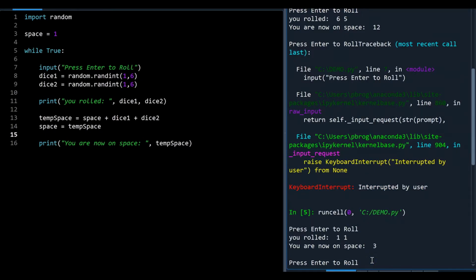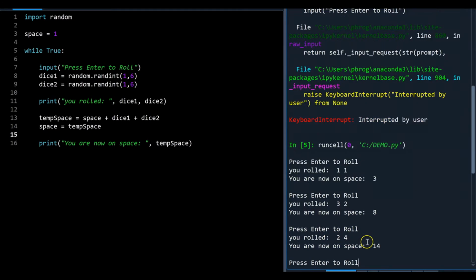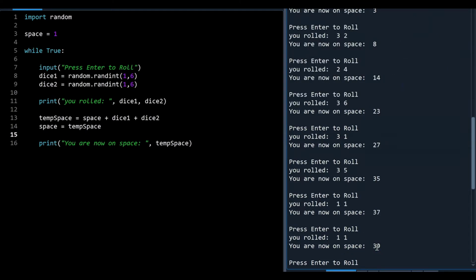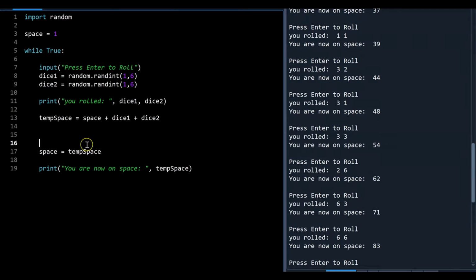Okay, so roll the total of 2, so now on space 3. 3 plus 5 is 8. 8 plus 6 is 14, and 14 plus, okay, so then we keep going up, right, which is correct, all right? So the idea is now let's put a whole bunch of if-else statements and